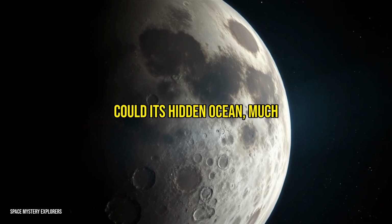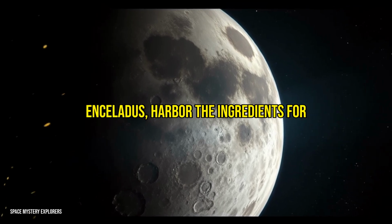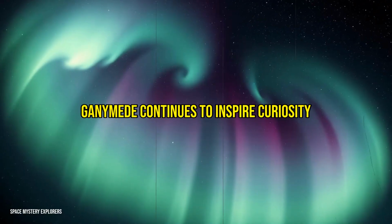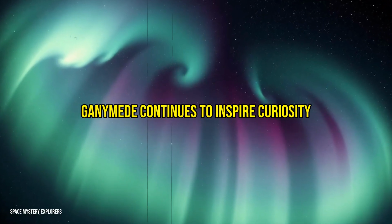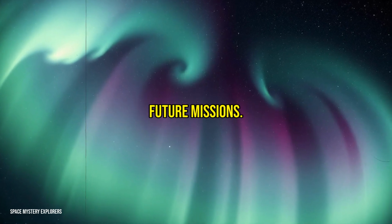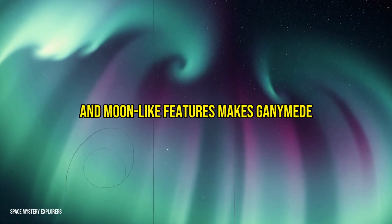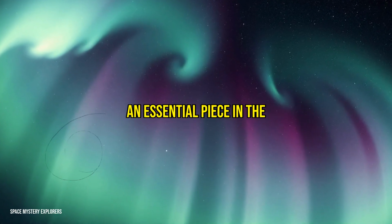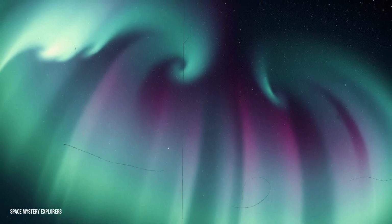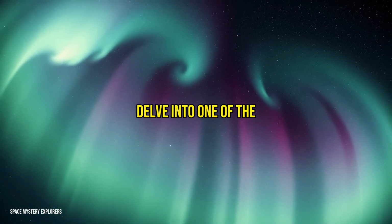Could its hidden ocean, much like those of Europa or Enceladus, harbor the ingredients for life? While definitive answers remain elusive, Ganymede continues to inspire curiosity and wonder as we probe its secrets through observations and future missions. Its unique blend of planetary and moon-like features makes Ganymede an essential piece in the puzzle of our solar system's enigmatic worlds. With the next phase of the journey in sight, let's delve into one of the most